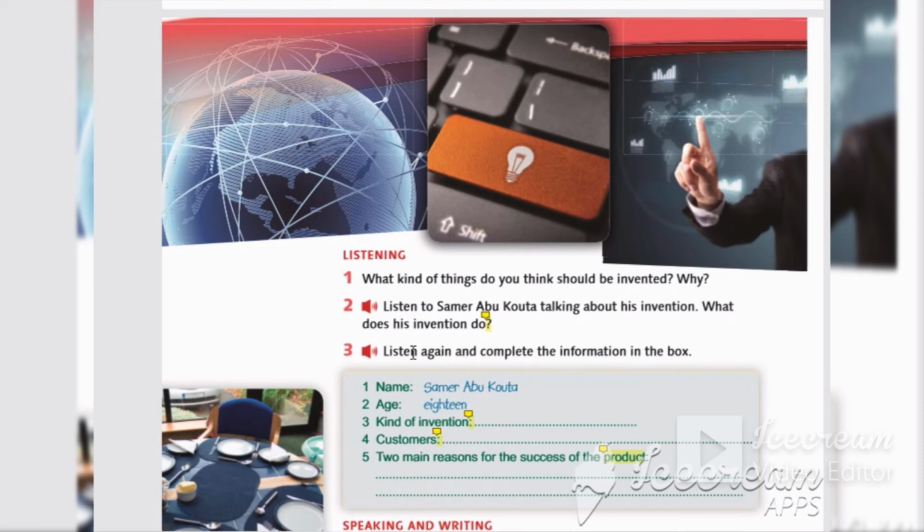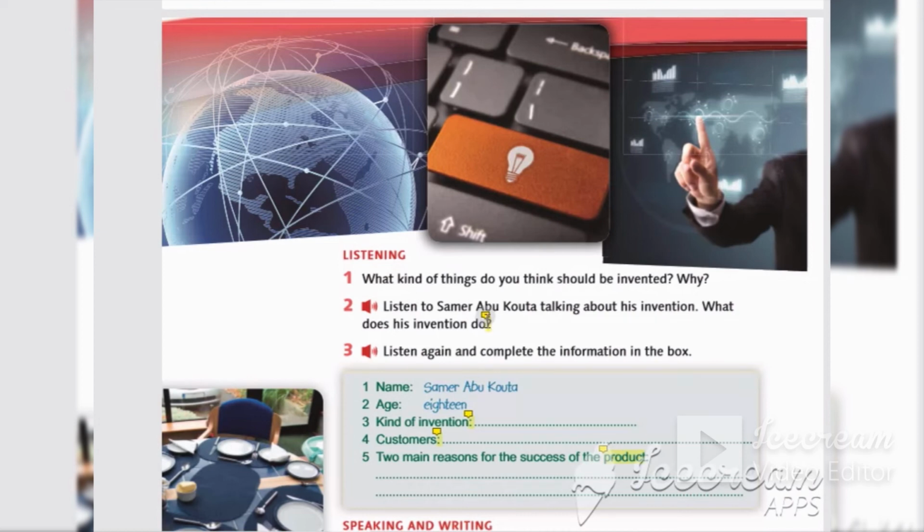Now we listen to Samir Abu Quta. He is a young inventor. He is a university student, طالب في الجامعة. He invents a computer system that helps to make the transactions of commercial economics easy. معاملات التجارية سهلة. Okay? And this system that he invented makes the life of the businessmen and the commercial transactions easier. Okay, now